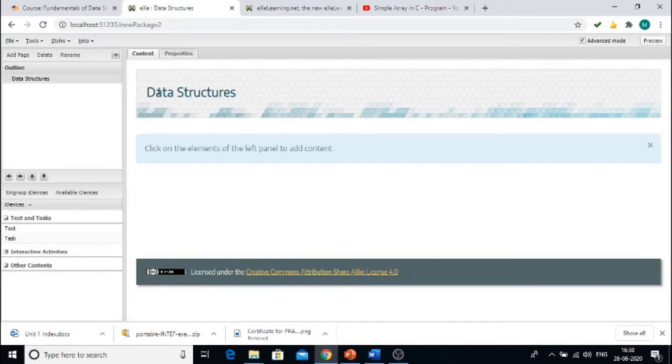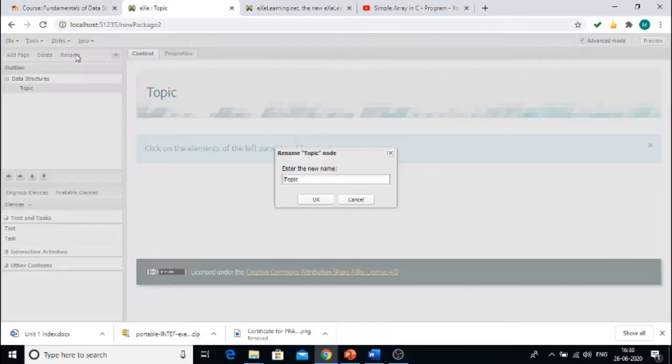On your right hand side, this is your content navigator page. You can see the data structure which is renamed in the home section. Now inside the home section you have to add a page. Fine. So for that click add page. Under the data structure home page you can create a topic. Say, for example, I'm going to rename the topic as